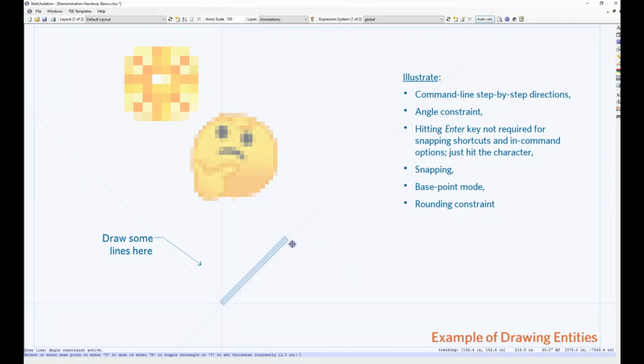Let's say I want this line to be 15 feet long. When you're in the midst of a command, you have the option of just entering a distance or picking a point. If you enter a distance, it's going to go along the guideline, or it's going to go to the cursor if you don't have the angle constraint active. So I'm going to make a line that's 15 feet, designate feet with an apostrophe,